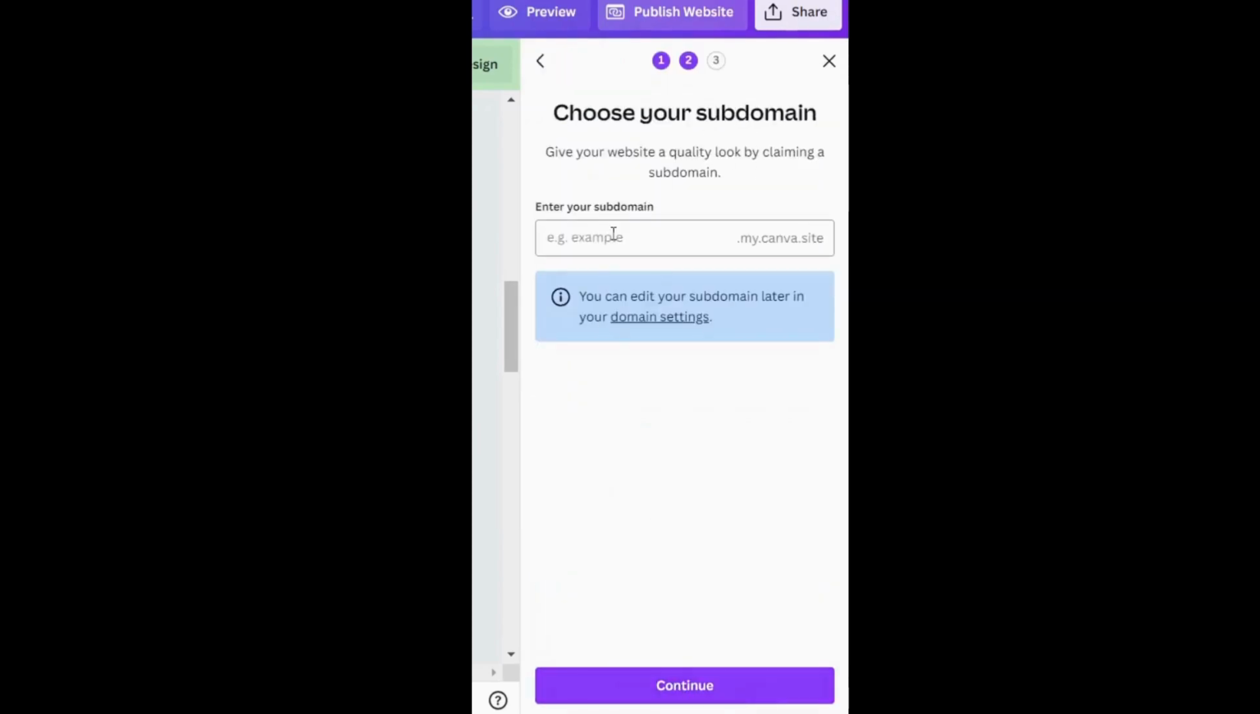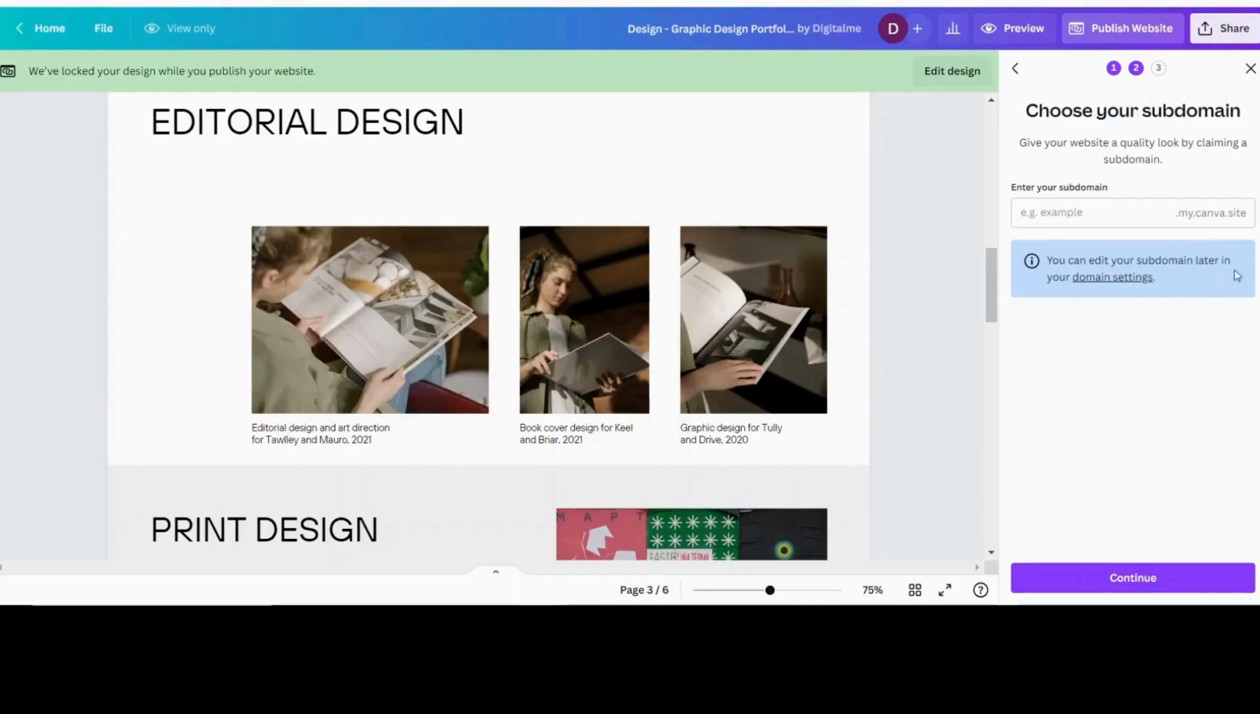So when you click continue, it's going to ask you what you want to choose. What is the name you want to choose for your subdomain, because the main domain is going to be my Canva site. You can edit your subdomain later in your domain settings. So let's say you want to change it to, again, designing with a dash lifestyles. So, and that's how it's going to be. So if you continue,